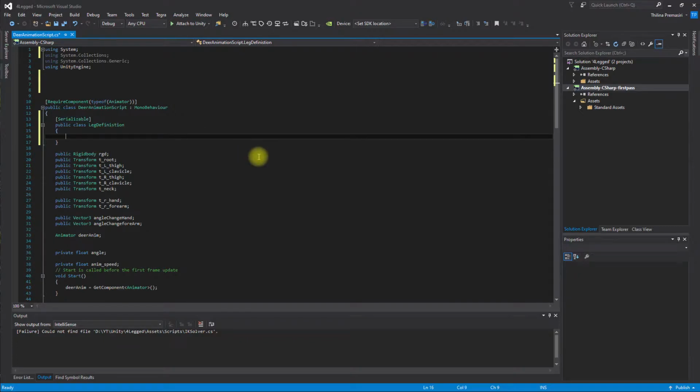Right, now for a leg, we should have a reference to the bone. So public, well, bone also should be another structure. No, public Transform bone,